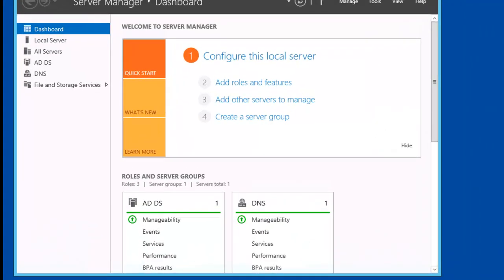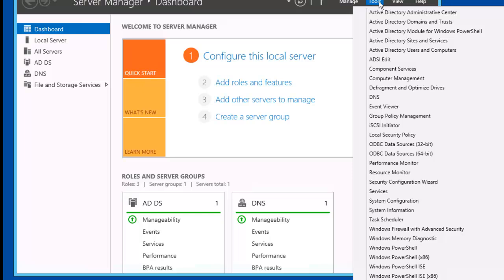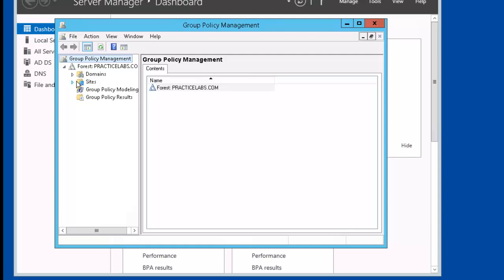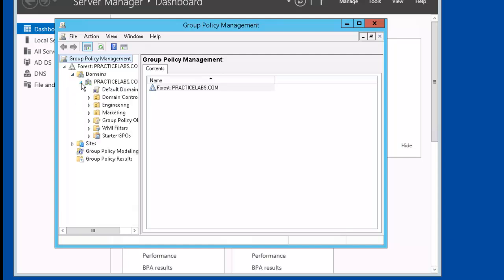Exercise 3, manage group membership using GPO. Our first task is to create a GPO for restricted group membership. Let's go to Tools, Group Policy Management snap-in. Let's go ahead and expand Practice Labs, Domains, Practice Labs,